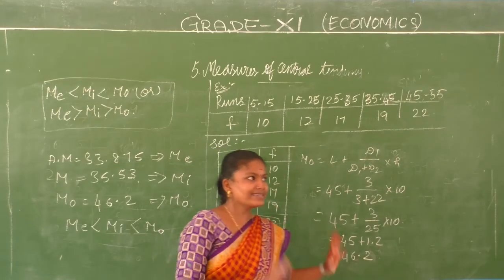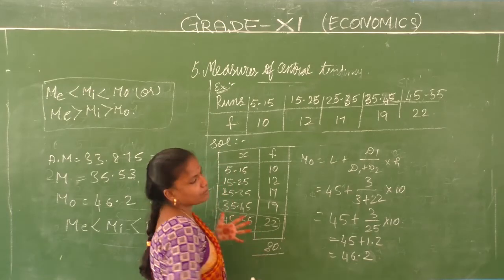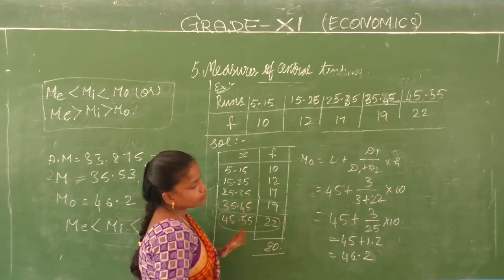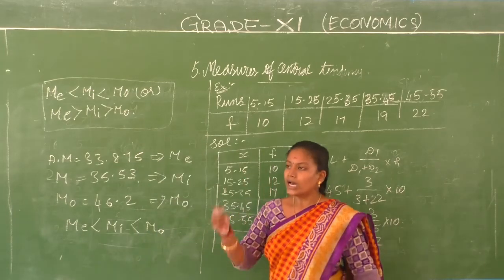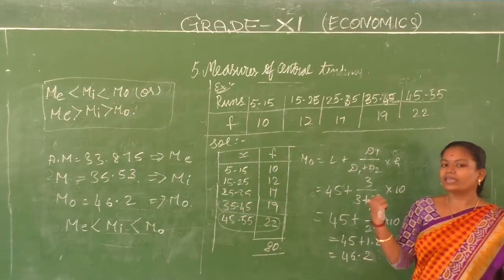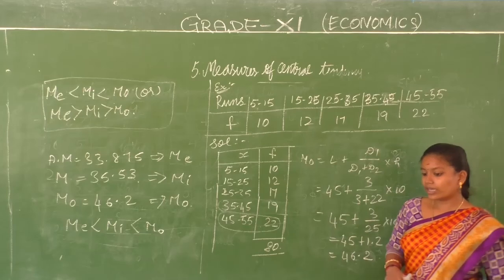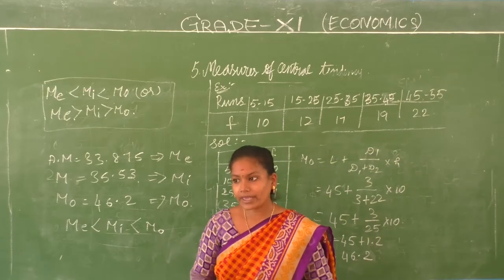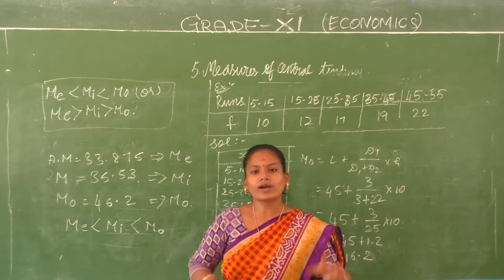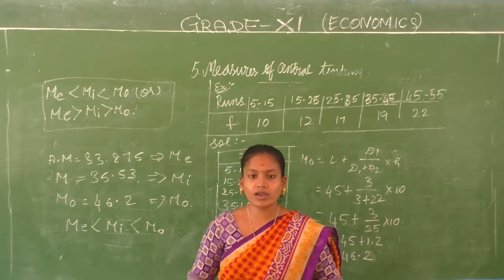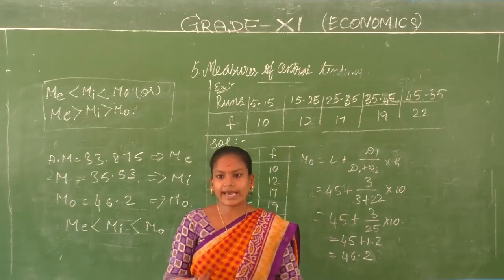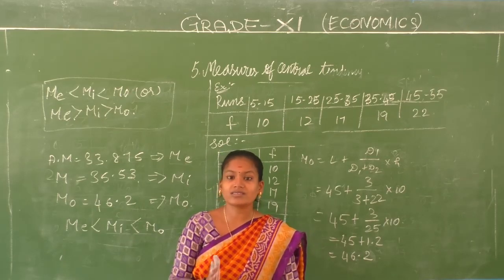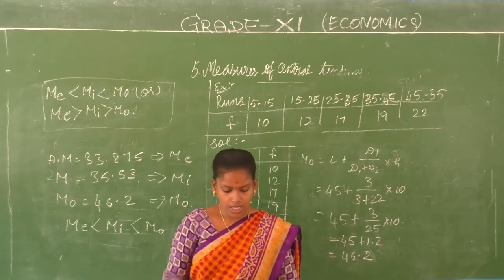So like this, you can also take some example problems that I will give you in the worksheet. I want you to find all three, the mean, the median and mode. And this problem I expected to be in your classwork. I hope you have copied it. If not, replay it again. Copy the question, work it out on your own. I am perfectly okay if you use the direct method or the assumed mean method for calculating the arithmetic mean. Your answer should be the same. That's all that matters. Right, children?